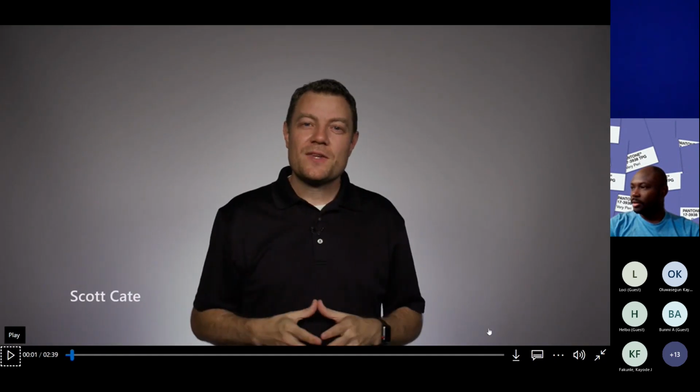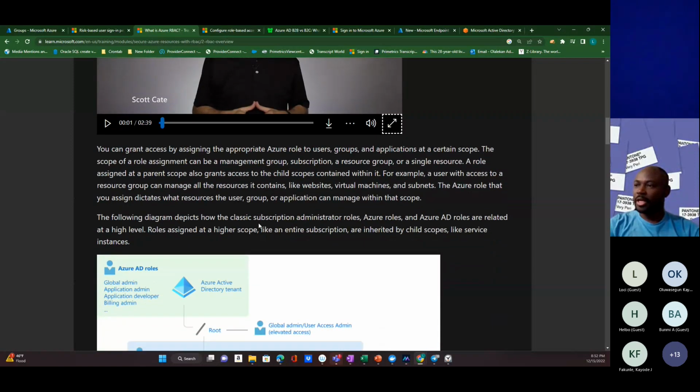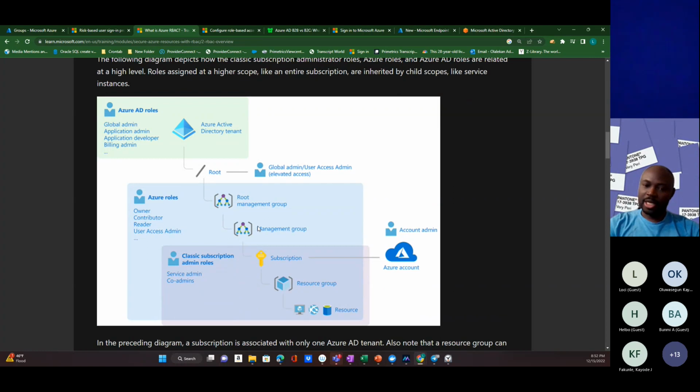Right, so that's it in this video, introduction to role-based access control. So this is how we manage access to resources. There are Azure Active Directory roles for identity management. Then there is Azure role-based access control, where we manage access to resources. So we can scope. You'll be hearing about scope. We can enforce these roles at the management group level,